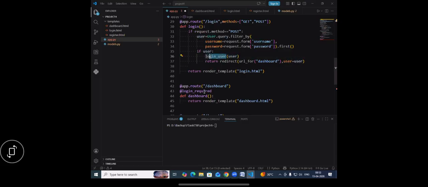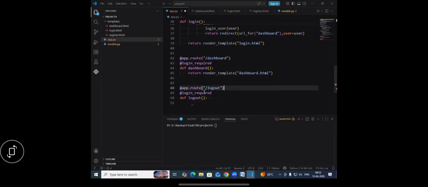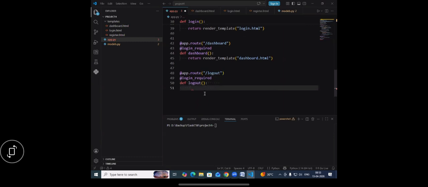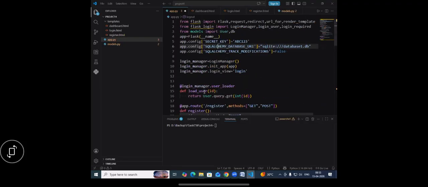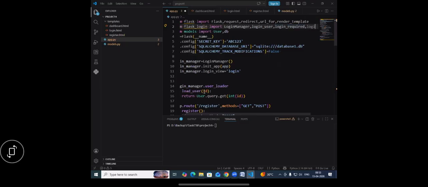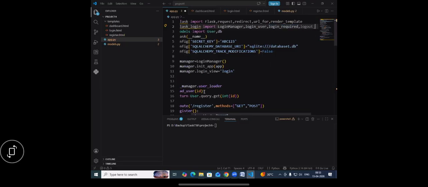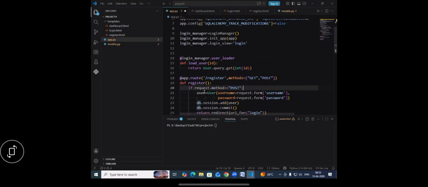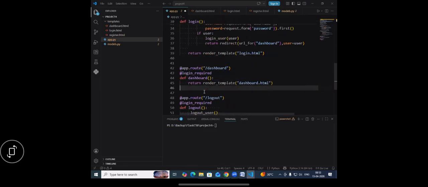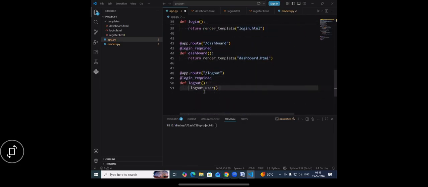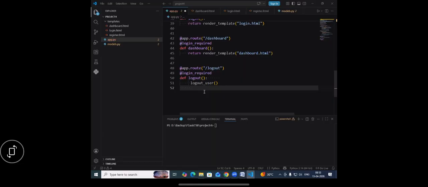In the same way, you have to say logout user. Logout user is inbuilt function. And this you find in Flask login. So logout user and after logout,